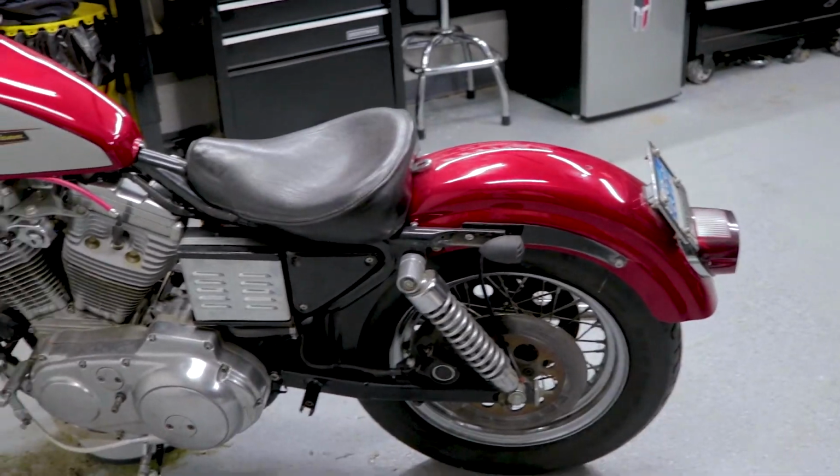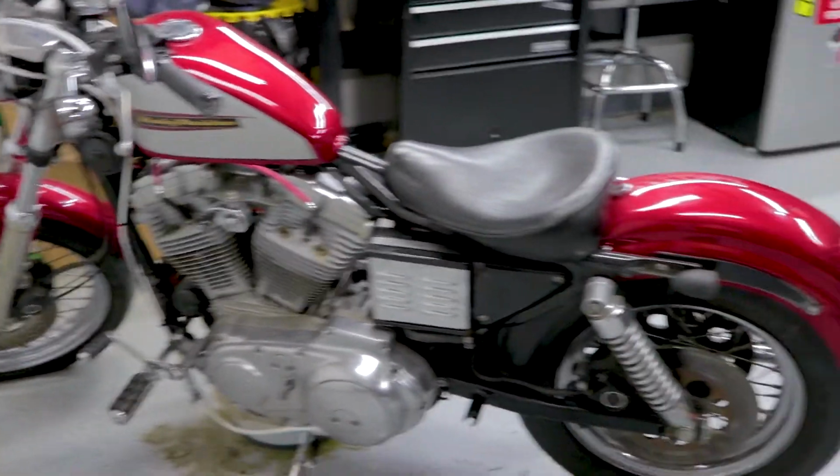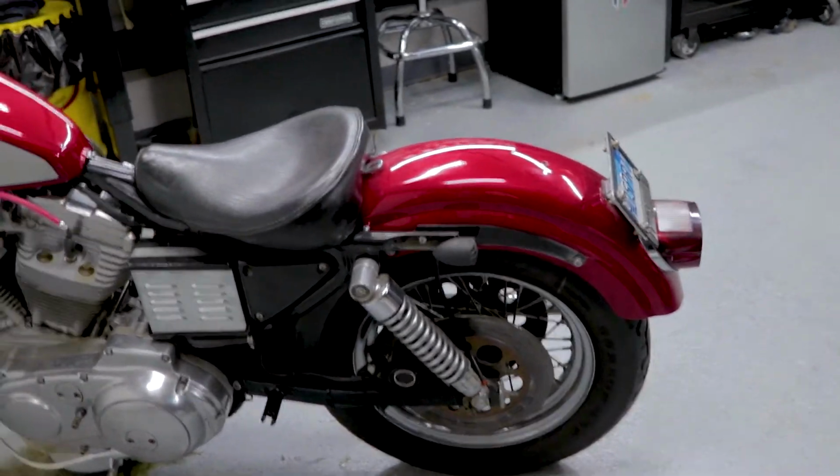I love how it looks. I think it's nice and simple. I am thinking about chopping that rear fender off though. Still up in the decisions. But anyways, so that thing's been sitting there and I've got to start working on it at some point here